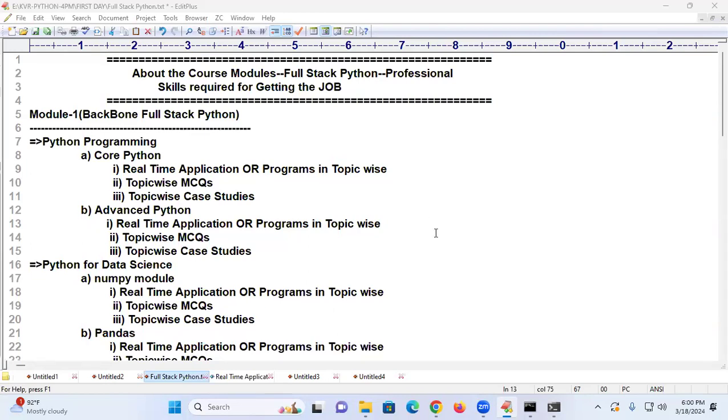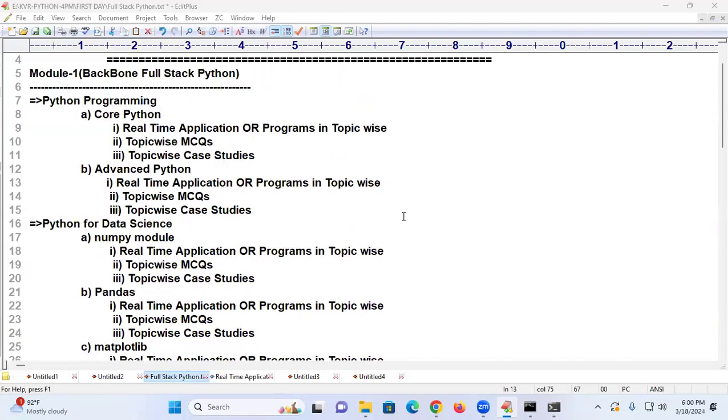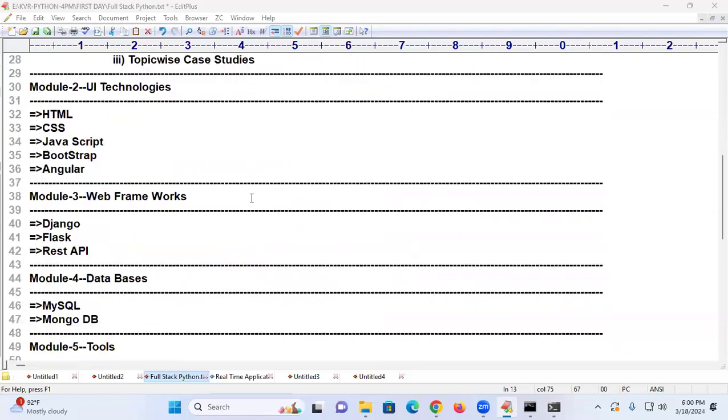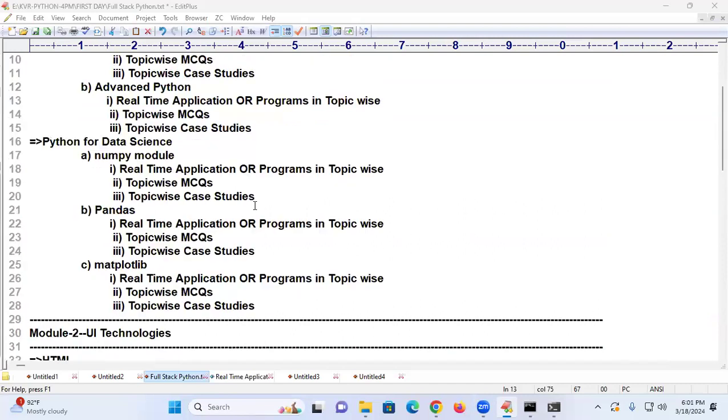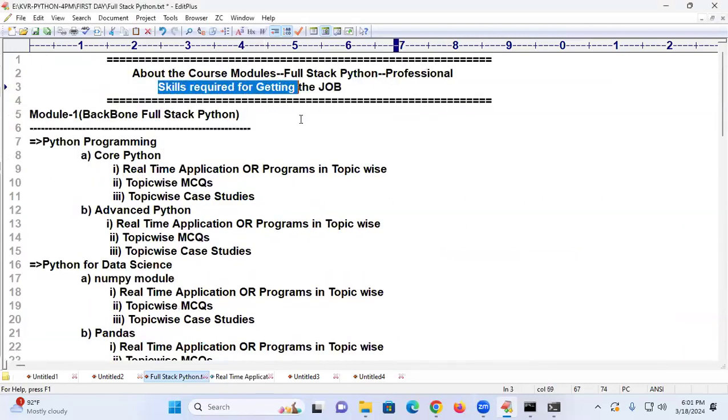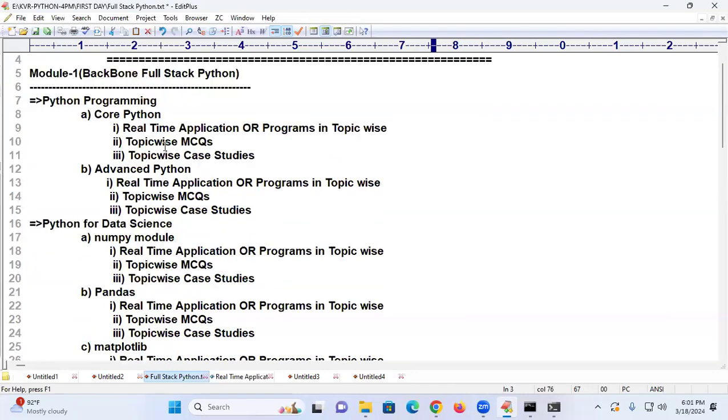Which module can we learn after Module 1, after Python? Full stack means you have to learn completely all the modules, the skills required for getting the job. I wrote it here. All the modules you have to learn.